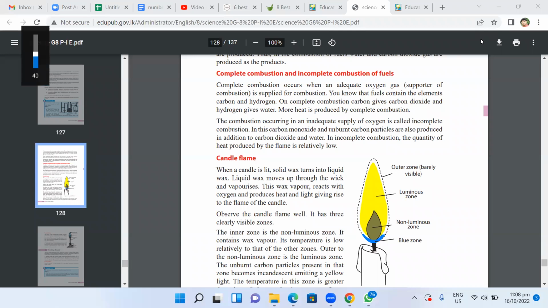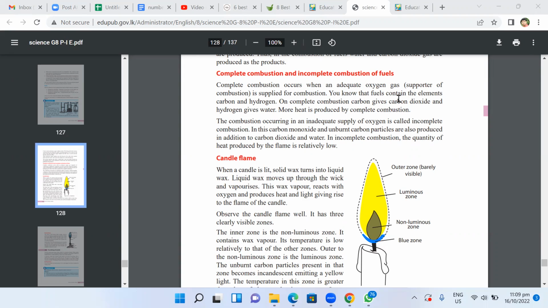Complete combustion and incomplete combustion. As we discussed last day, complete combustion means the fuel is completely converted into other components. Basically it reacts with oxygen gas and emits water vapor and carbon dioxide. Please read this: complete combustion occurs when adequate oxygen gas